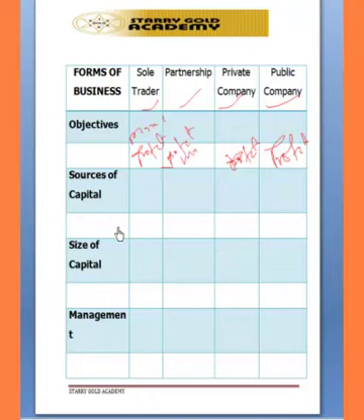For a sole trader, the major source of capital is personal savings. So please pick up your pen and keep note of this. Personal savings. Then for a partnership, it will be partners' contribution, which is the major source of their capital. For the private company, it will be sales of shares